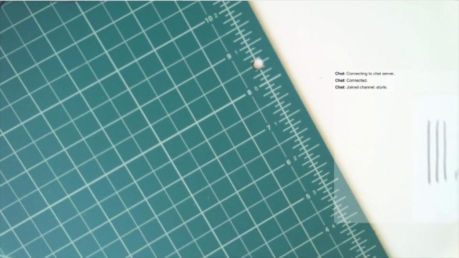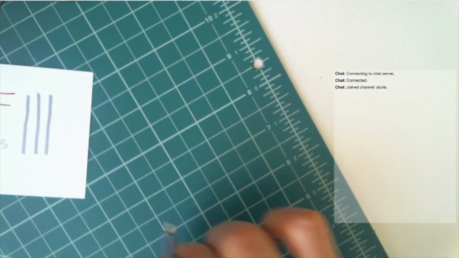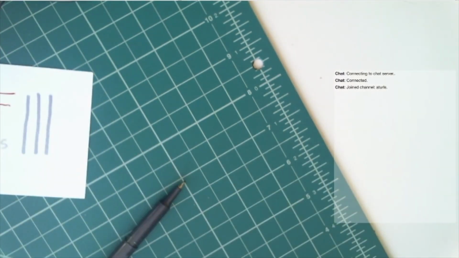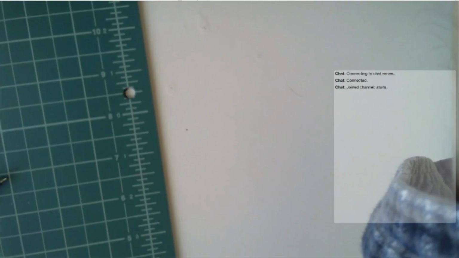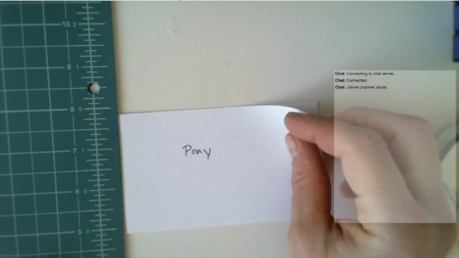I have an incredibly precarious camera setup right now, so I don't know what the best way to do this is. I can maybe move things over here like this, and anyway,